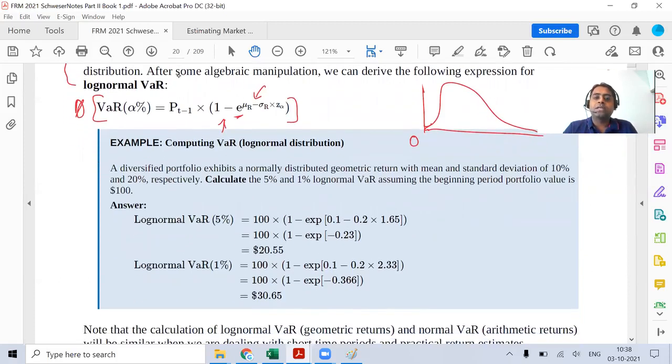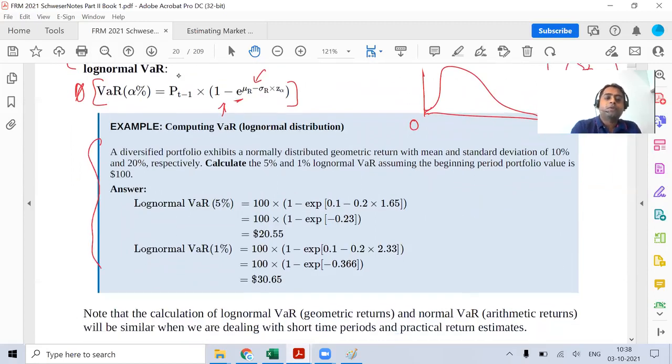I want you guys to see the numbers right now. Look at the calculation right now. The numbers 5% and 1% are still going to be the same. This is the important part, and mark this calculation or sum as double star, important for the exam. You can expect a straight-away plug and play kind of question in the exam.